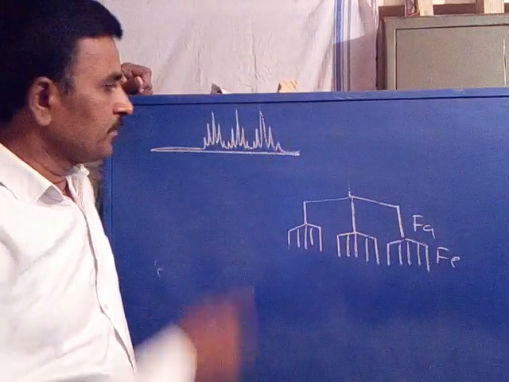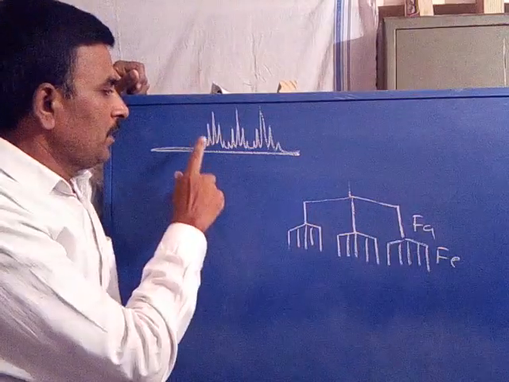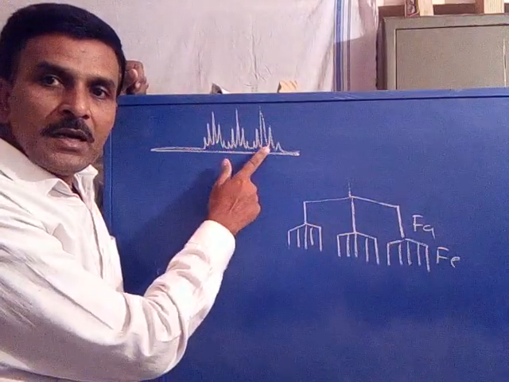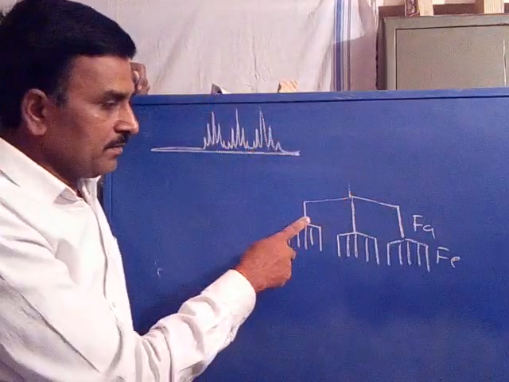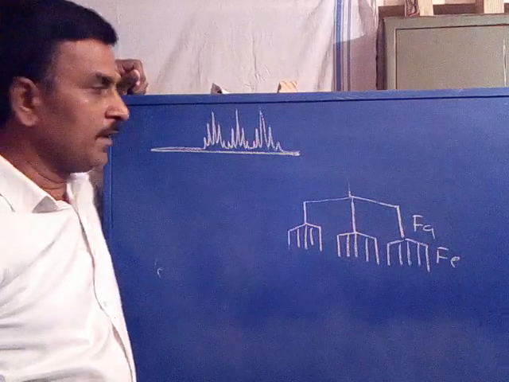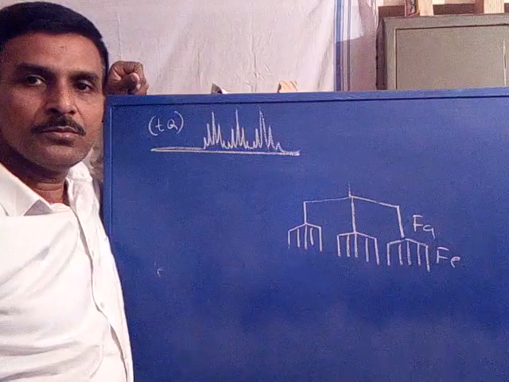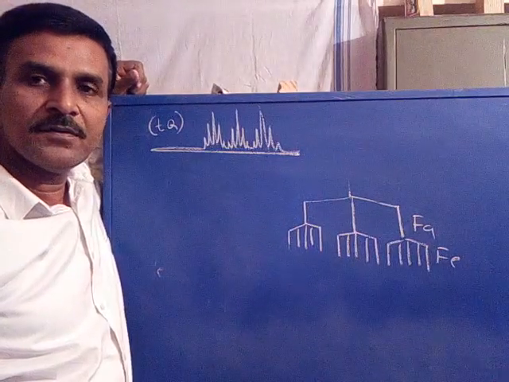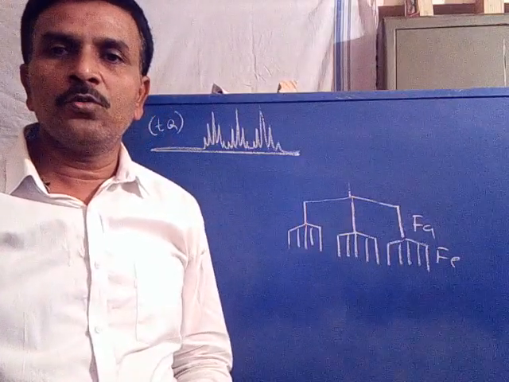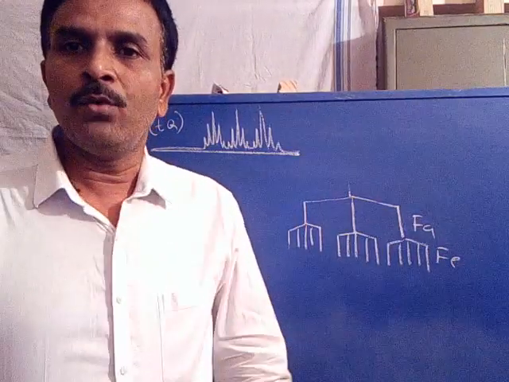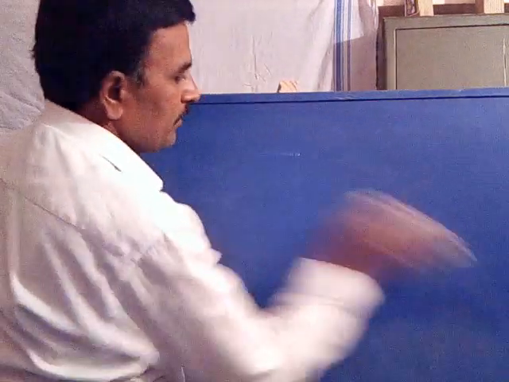This is the signal. This is only one signal, as only one phosphorus. 1 quintet, 2 quintet, 3 quintet, obtained from where? From the triplet signal due to coupling with axial fluorine. So this is represented as TQ, triplet of quintet. Is it clear? So this is about the phosphorus NMR spectrum for hexafluorophosphate.